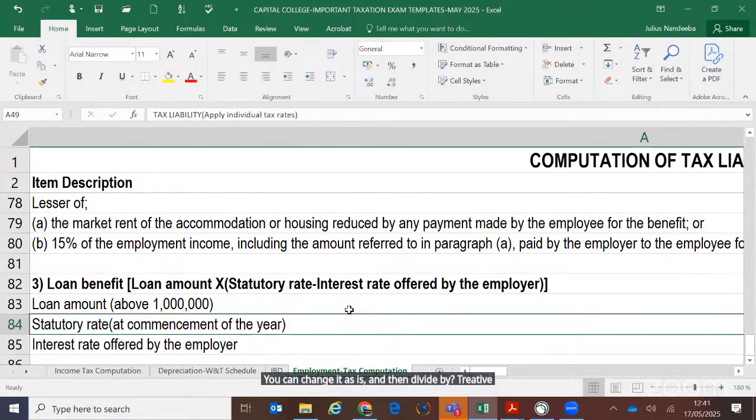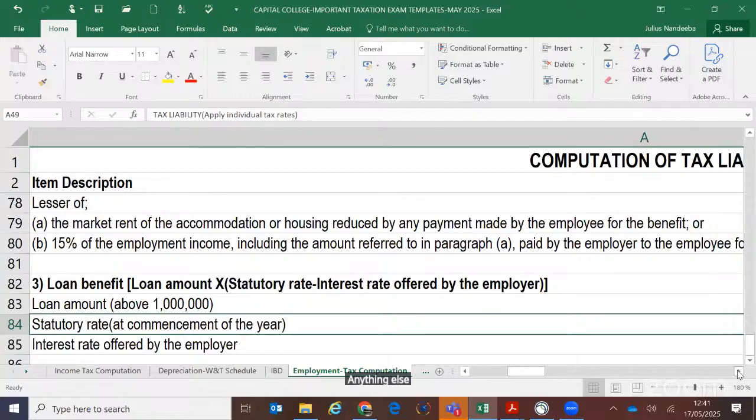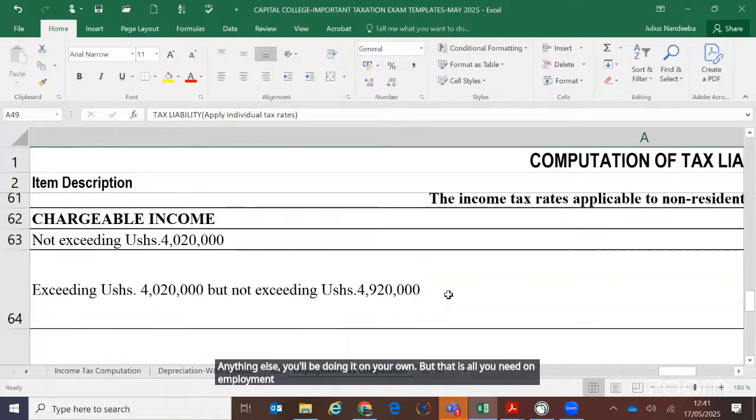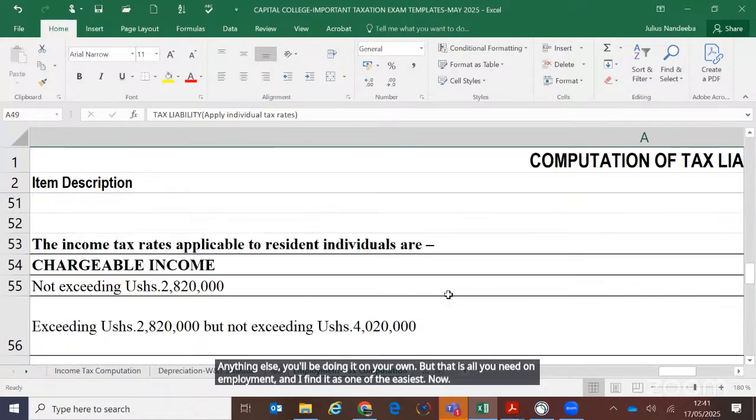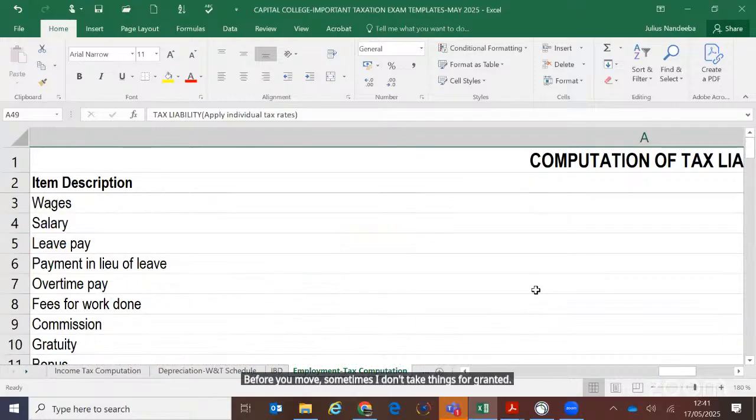That is all you need on employment income number. Anything else, you'll be doing it on your own. But that is all you need on employment. And I find it as one of the easiest. Now, before you move, sometimes I don't take things for granted. I want you to look at